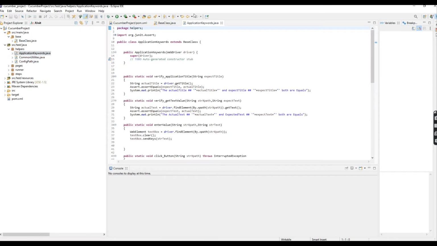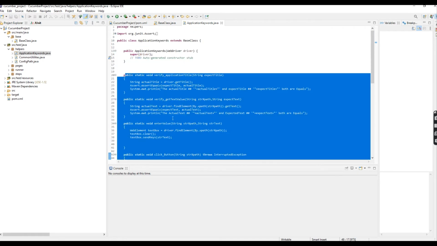Okay. So what is the first one? Click on this one. Here I am creating the application keywords, which means common methods. These are called reusable methods. These methods are supported for all web applications. Okay. So in this Cucumber project, I automated all the steps only for anthro.com. Okay, I will show it to you. But these methods will be supported not only for anthro.com, but also for Amazon, Gmail, yahoo.com, Facebook. For all web applications, it will be supported. How?